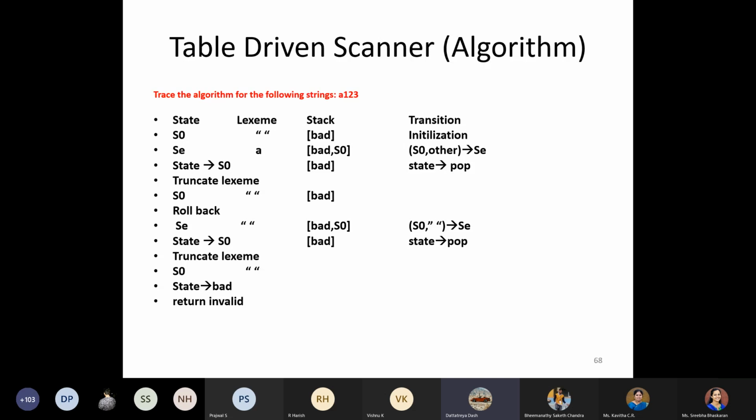So we'll see the drawback of these table driven scanners and continue with the direct coded scanner in the next class. Thursday we don't have class. Friday we will try to finish this algorithm implementation part. So I'm done for today's class. If you have any doubts, you can get them clarified.